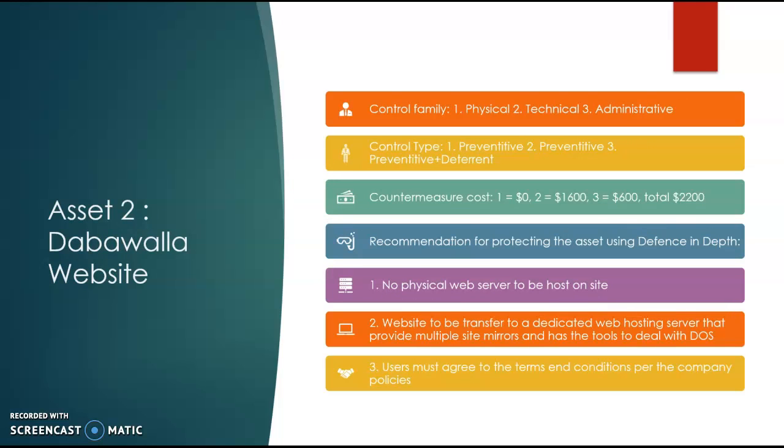Sorry. Next, we will talk about the Dabbawala website. For controlling this one, the first will be physical, the second will be technical, and the third will be administrative. For the physical, we'll be using a preventative. For the technical, we'll be using a preventative. And for the administrative, we'll be using a preventative and deterrent. The cost to